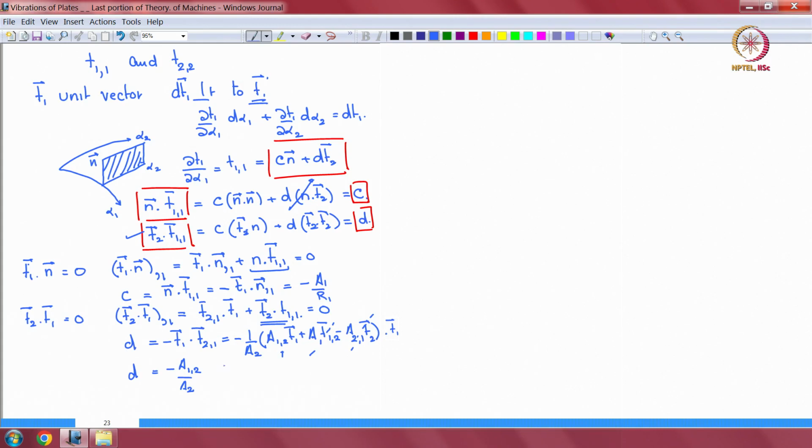Thus, what do I have? I have now T1,1. Now, T1,1, which is this now. I have found C and D. So, my T1,1 is equal to minus A1 by R1 n minus A1,2 by A2 T2,